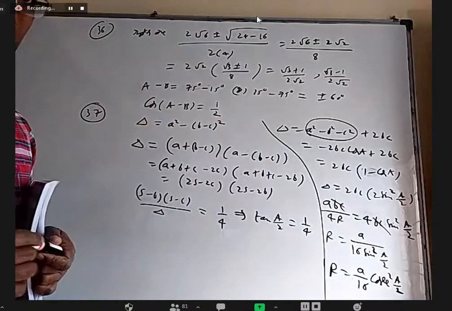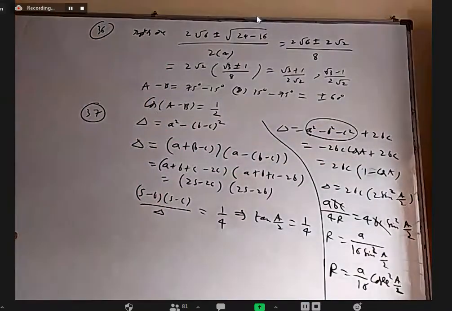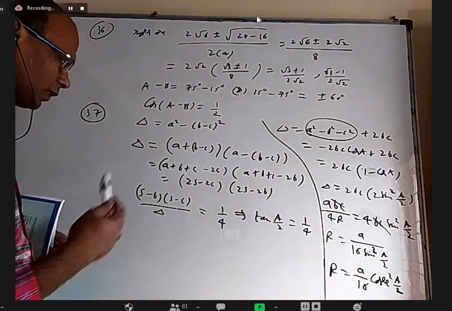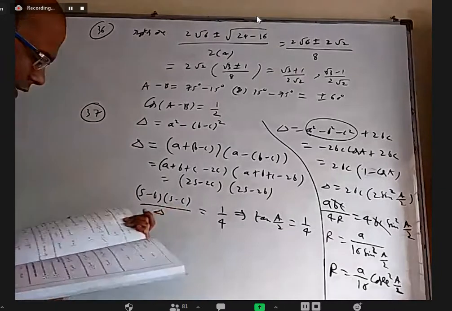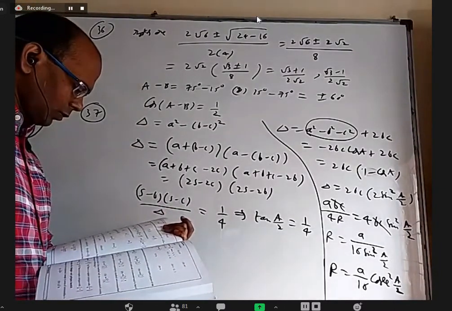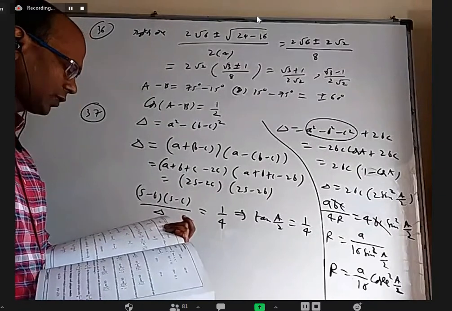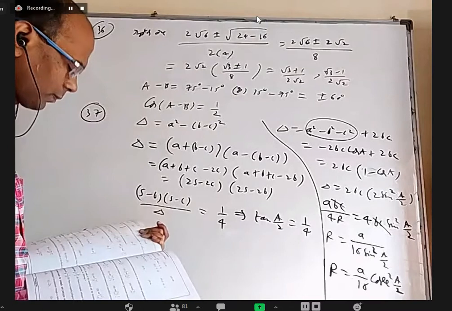Okay, so without using half-angle formulas, using the cosine rule we got it more easily. But from this also it should come. We got tan A by 2 and they want us to find sine A by 2 basically. That is also tan A by 2 only basically. Okay, both are same.